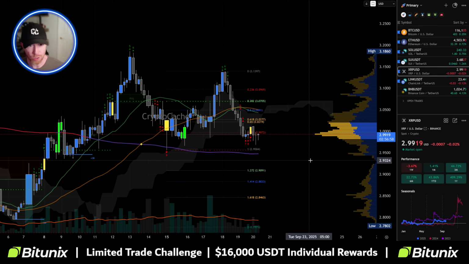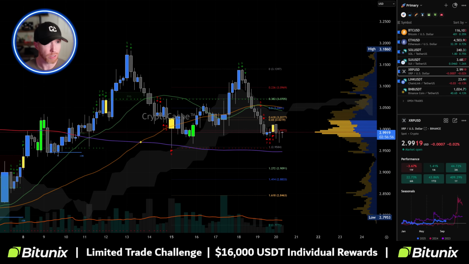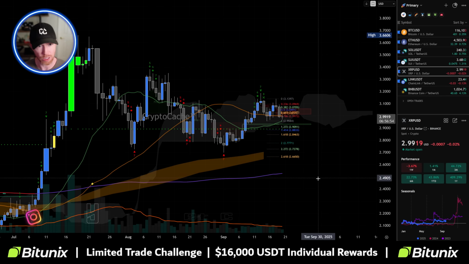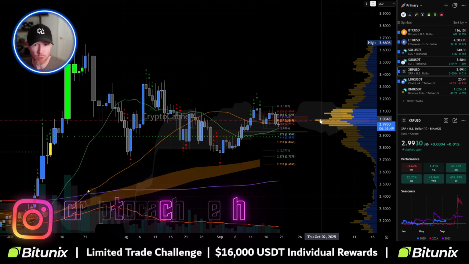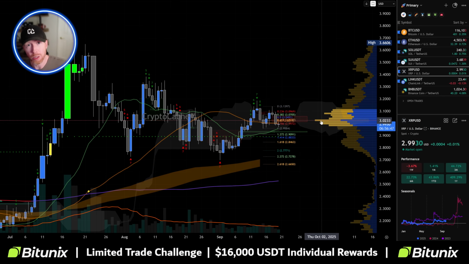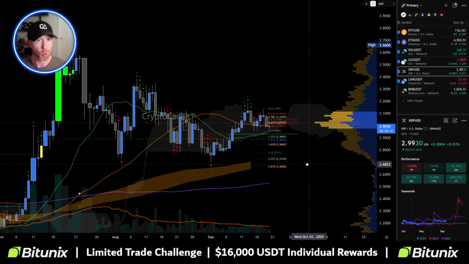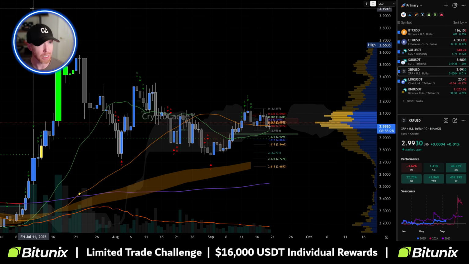But you've got to recognize too, larger time frames tell us that $3 is that structure there, that significant amount of support or resistance. And we've got to presume that if we're below that, we're going to stay below it, right? So we're going to need some kind of strong catalyst to get us above that level, because XRP is underwhelming compared to Bitcoin right now. At least, every time Bitcoin pulls back, it's 2x to the downside, and it's only 1x to the upside if Bitcoin goes up. So not the strongest coin to consider investing in as far as short-term gains.